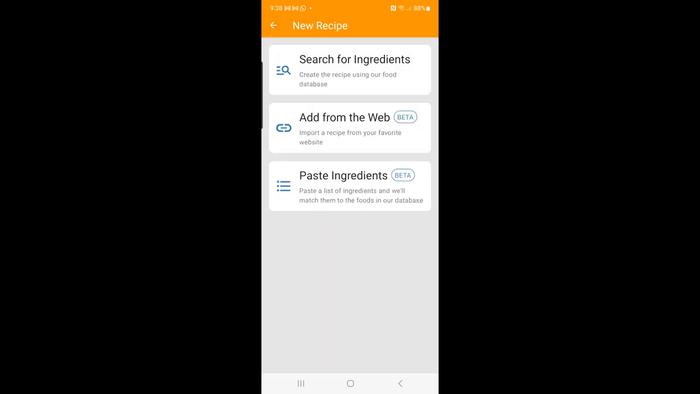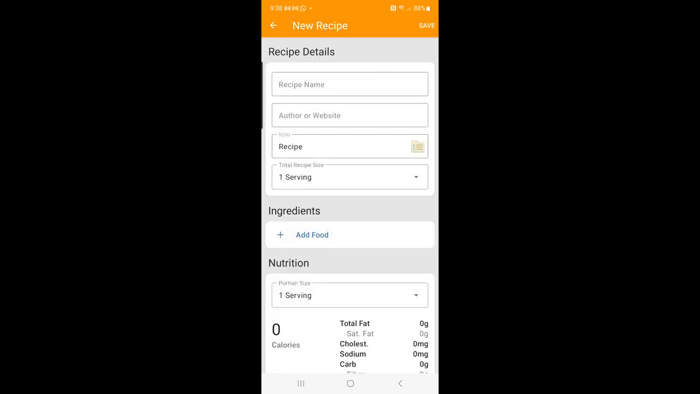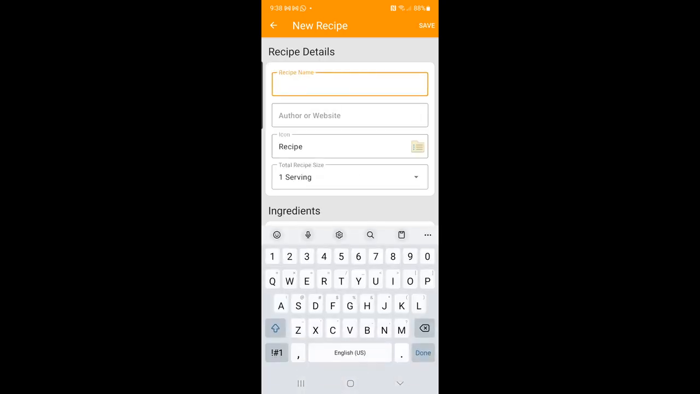Going back real quick, you could also add them from the web, but that is if you have a premium account, or you can just pass ingredients with a premium account. But all right, first thing you do is add the name of the recipe. We'll call it kale, chickpea,